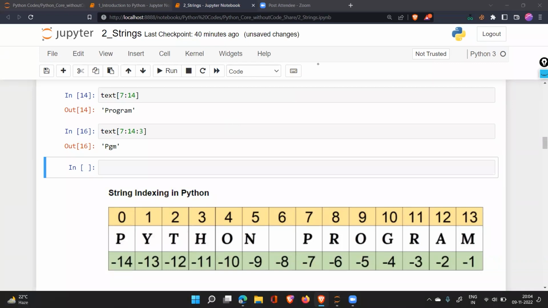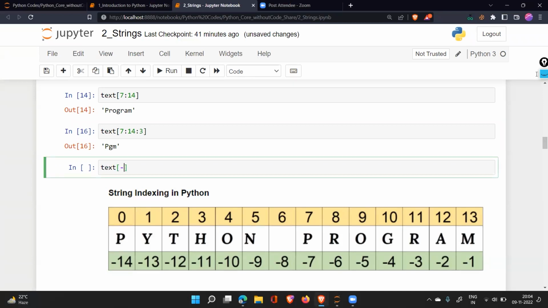Any guesses? Now, first you need to check the starting position. Where are we starting? We are starting at P. So P is where we need to start from, -7. In the case of the positive one, we were starting from 7 and going till 13. Now in this case, we need to start from -7 and we need to go till -1, correct? So what we will write now is this. We'll write text and we will write -7 to